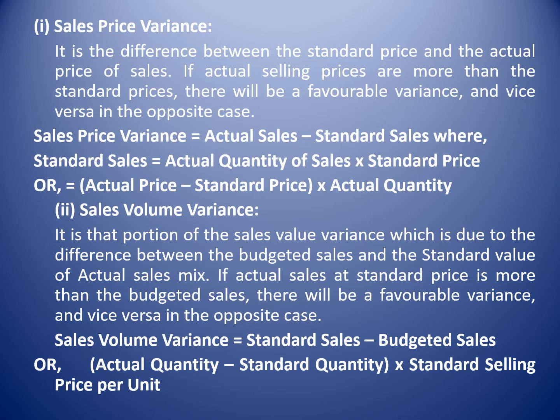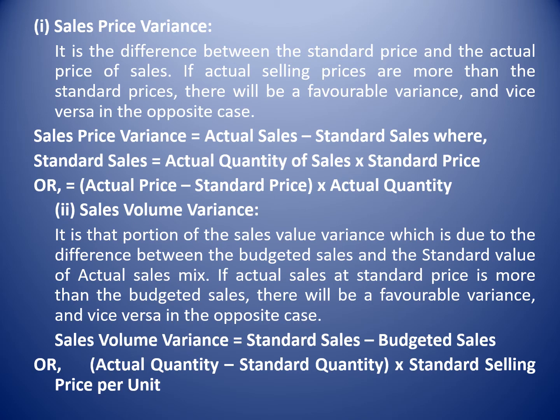Now let us see the second one, the second sub-one, sales volume variance. It is that portion of the sales value variance which is due to the difference between the budgeted sales and the standard value of actual sales mix. If actual sales at a standard price is more than the budgeted sales, there will be a favorable variance and vice versa in the opposite case. Sales volume variance equals standard sales minus budgeted sales, or actual quantity minus standard quantity into standard selling price